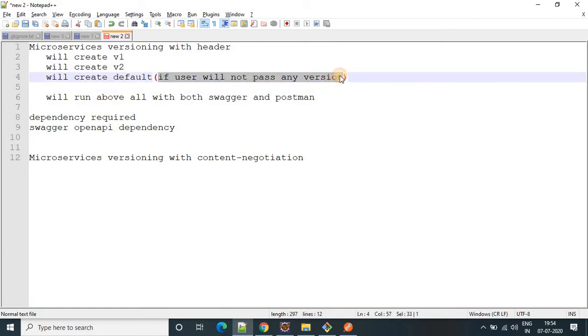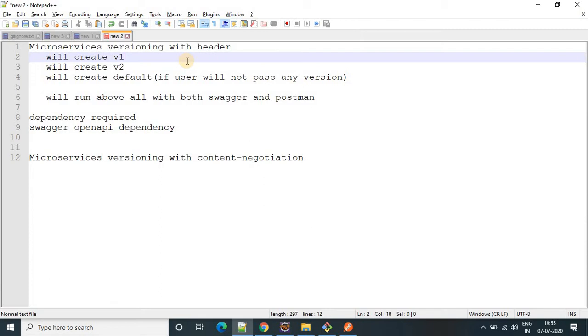Before that, let me tell you why versioning is required. Let's suppose today my application goes to the production server, and there I have one endpoint that some users are using. Now after 1 month, I made some new changes.